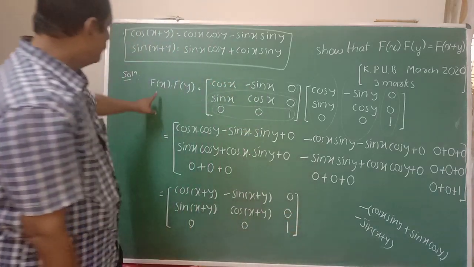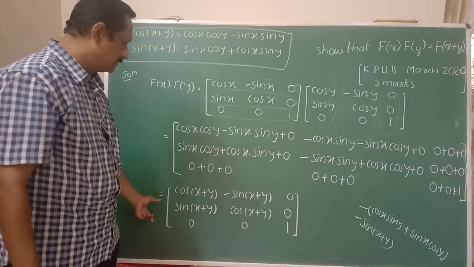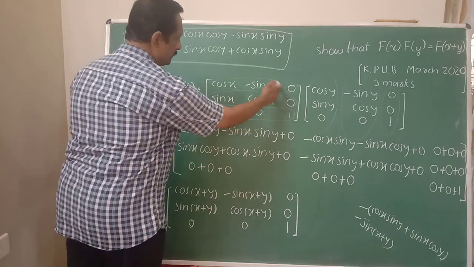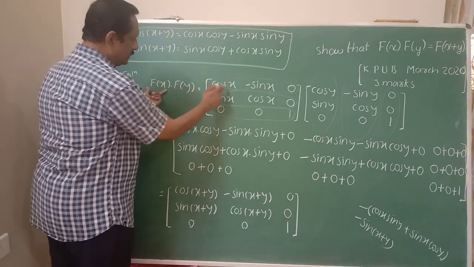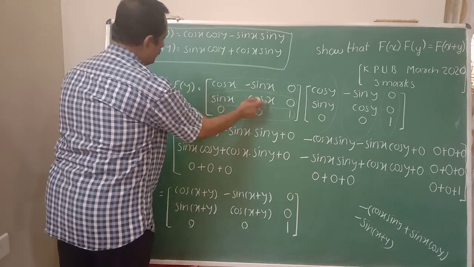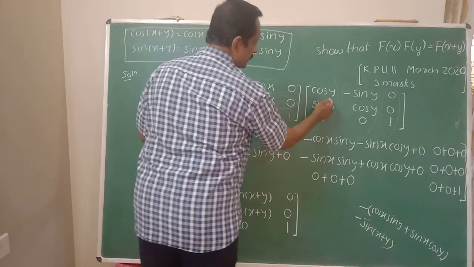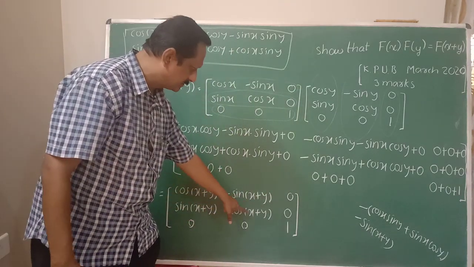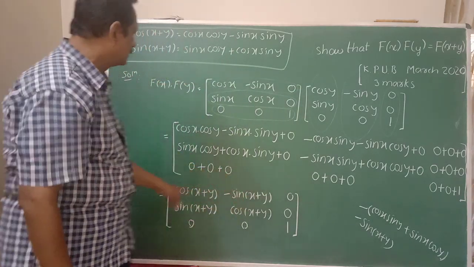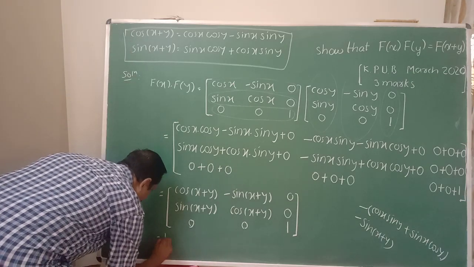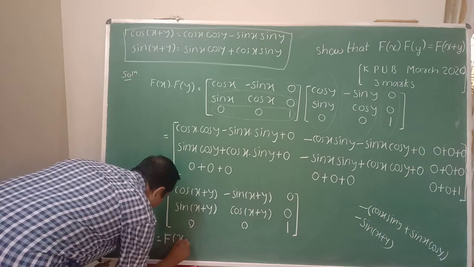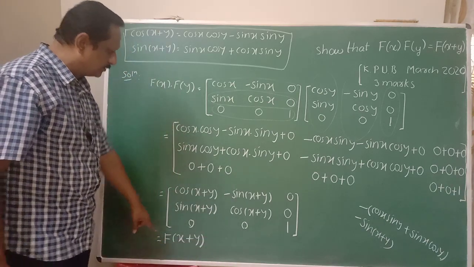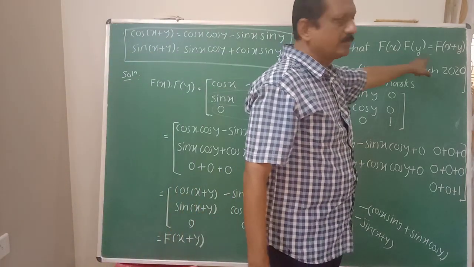Okay. Therefore f(x) into f(y) is this matrix here. Just observe here. Here f(x) is this matrix, meaning there is always the x here. f(y) is taken with the terms as y here. Just observe here, each term contains x plus y. Obviously, total this is equal to f(x+y). So f(x) into f(y) is equal to f(x+y). This is the required result here.